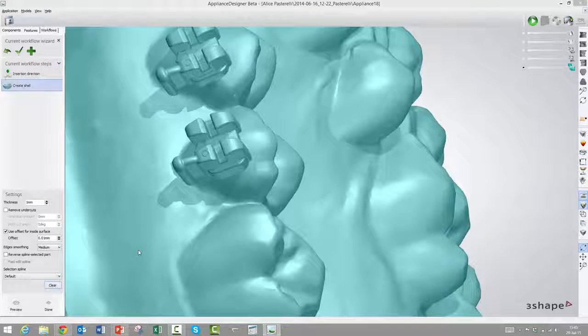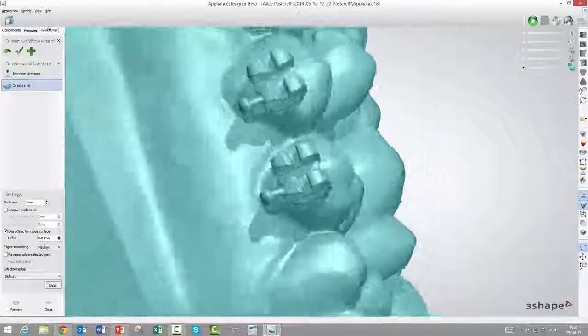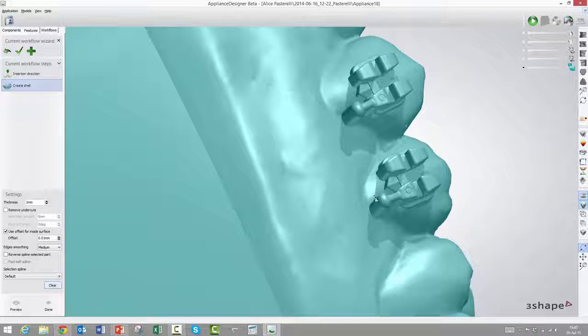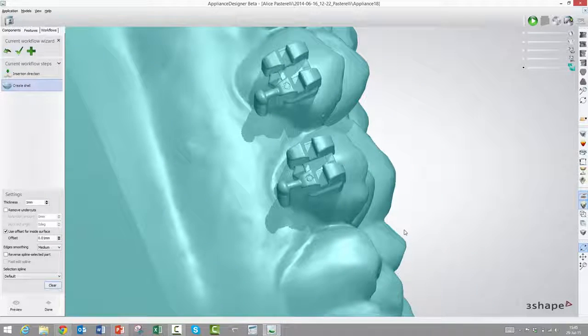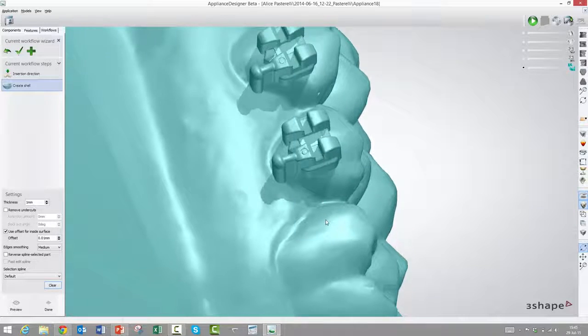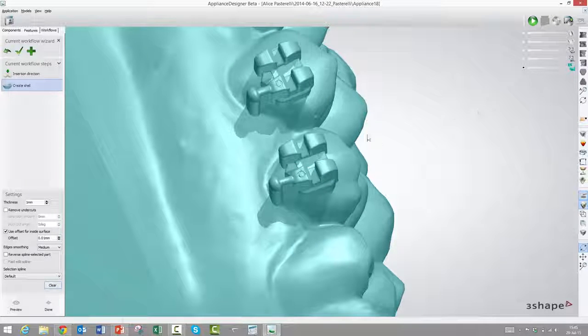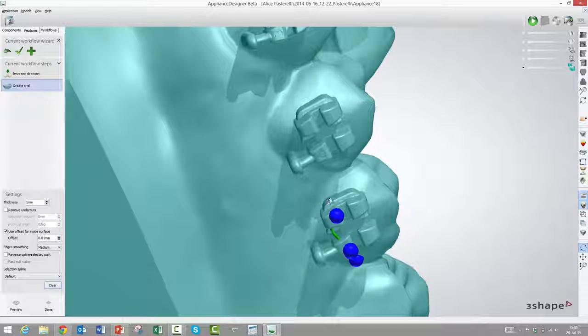Yep. So with the insert direction properly set, now we need to trace where we want the transfer tray to go. Right. And we would like the transfer tray to grip around as much as possible of the brackets, but at the same time allow it to escape once we remove the transfer tray from the patient's mouth. Yeah, because it obviously needs to come off. Exactly. So if we have an open space here towards the gingiva edge of the transfer tray, then the bracket will be able to escape once we pull out the transfer tray in the direction of the insert direction here. So I suggest we try tracing it along the bracket edge here.